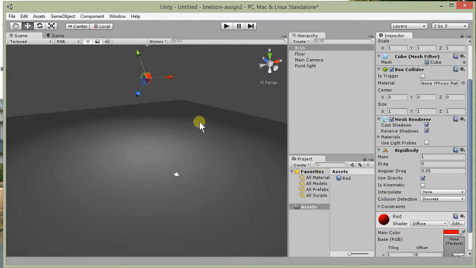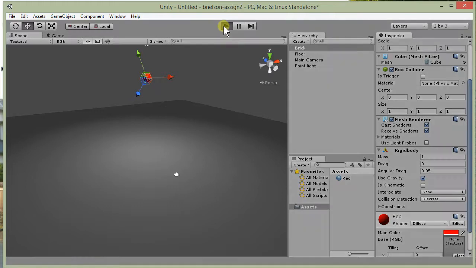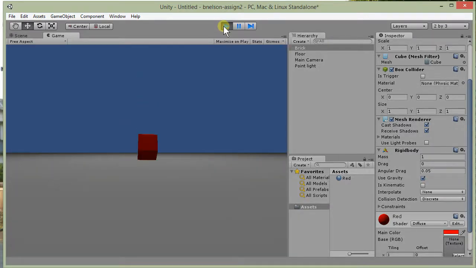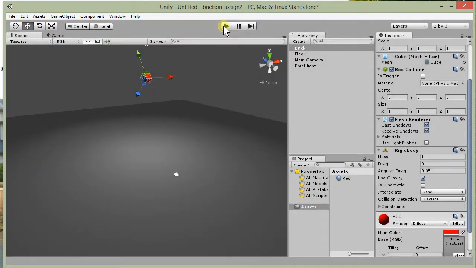To test this out, I'm going to do one more thing. I've got a nice view in my scene looking at both the cube and the floor. However, if I hit play right now, we'll move back to the camera view, and in this case, luckily, we do get a view of our cube because our camera happened to be placed in the right location. But what I'd like to be able to do is view that falling brick from the current location of my view. So to do that, I can position my view just as I like it,